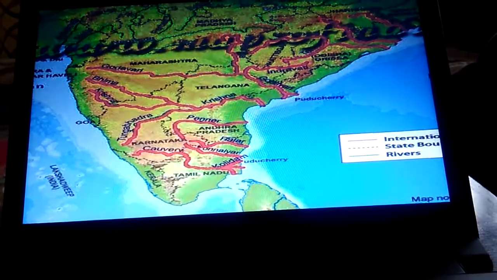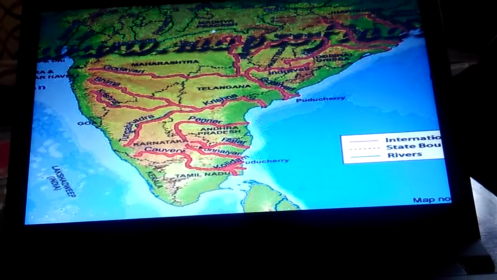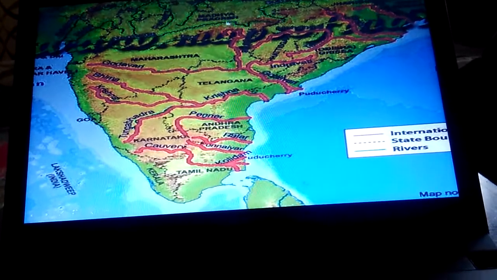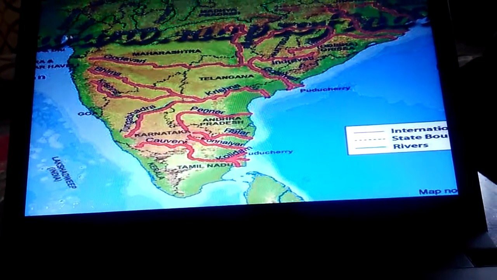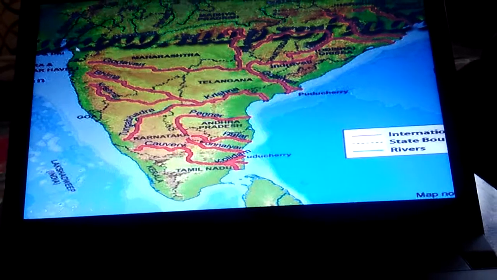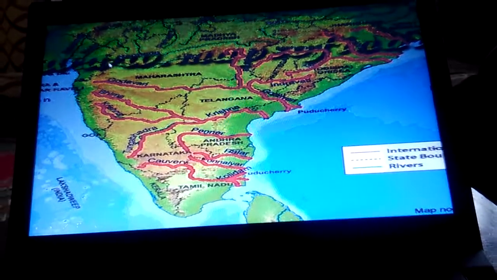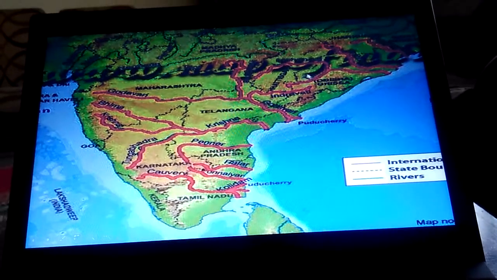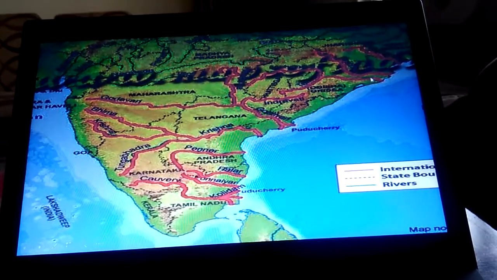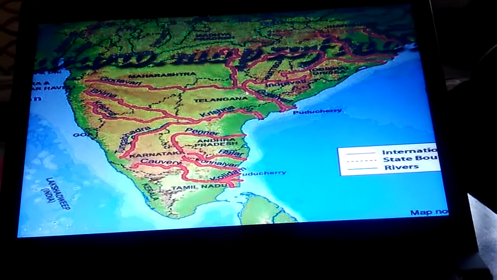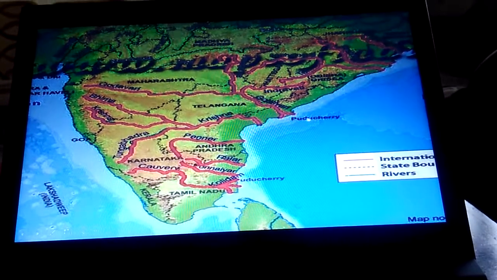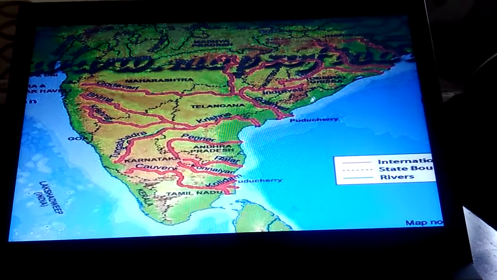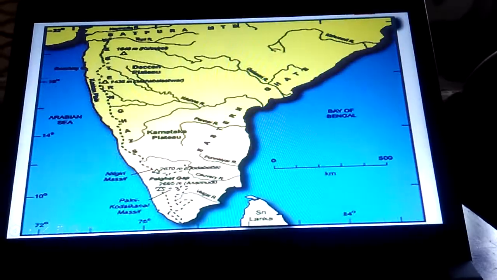Now if we see this map, the rivers which are putting their water into the Arabian Sea are two main ones: river Narmada and river Tapi. These two rivers are called west flowing rivers. The rest of the rivers, like river Mahanadi, are moving towards the east direction, river Godavari again towards the east, river Krishna towards the east. These all are called east flowing